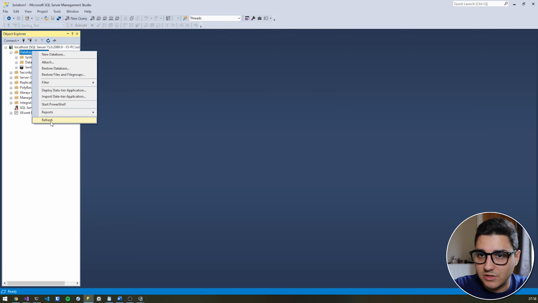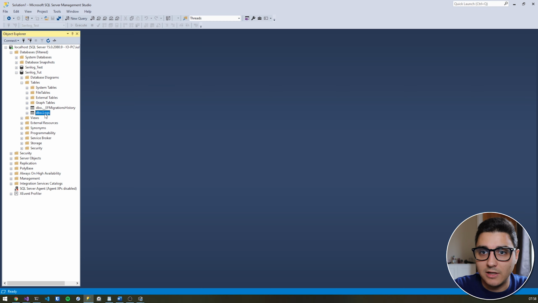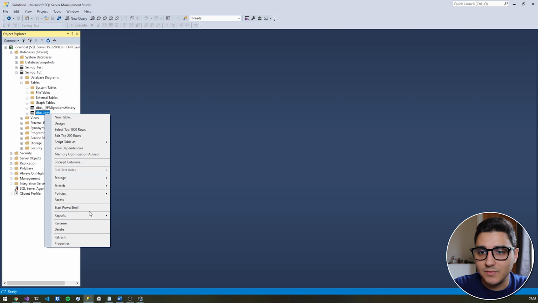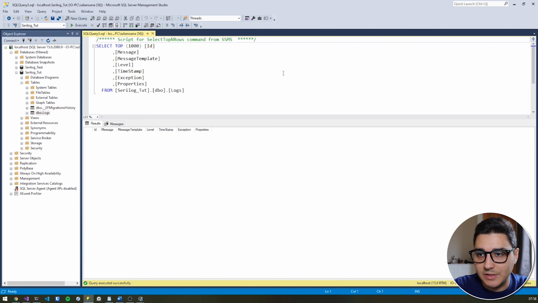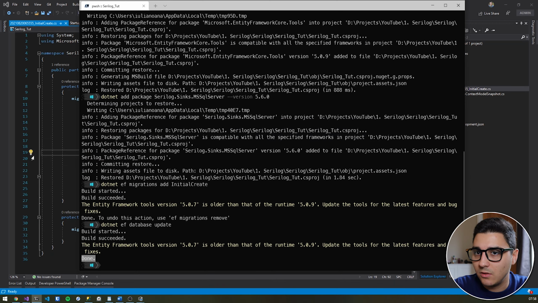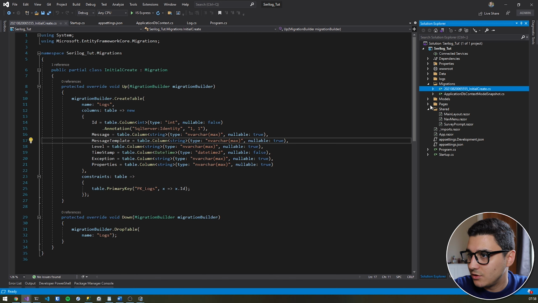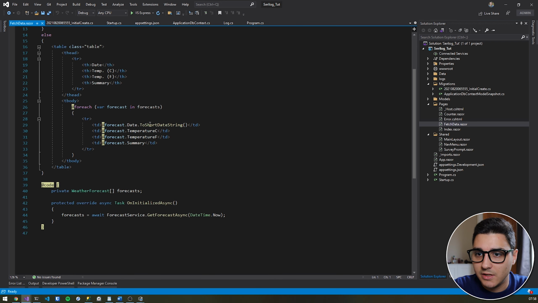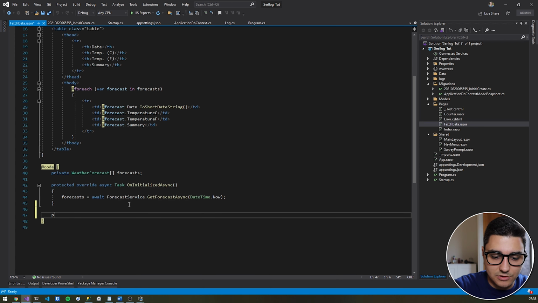So if we refresh the databases again, we've got our brand new database here, and if we expand the tables, we'll have a logs table. Hooray! So if we just select top 1000 rows, I'm expecting this, yeah, so this is empty now. And all we need to do now is, actually, let's just go in the pages in the fetch data and let's add a new function